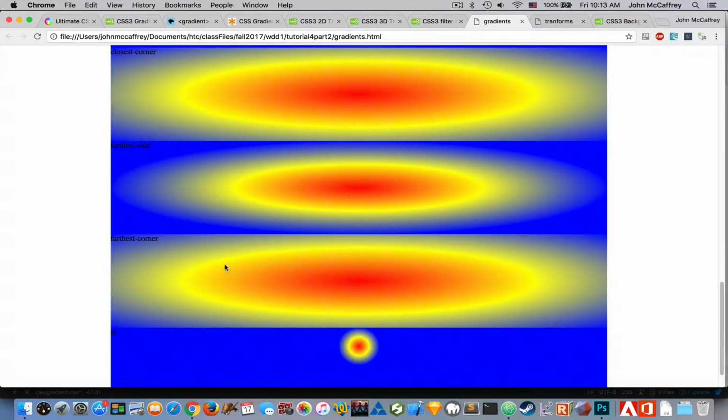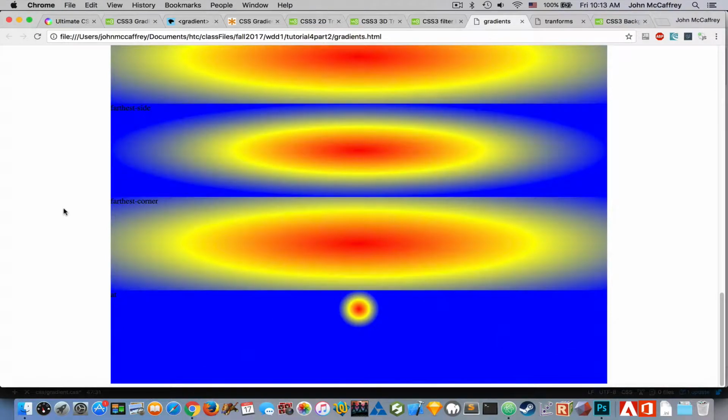If we say it stretches until the gradient goes and hits the farthest corner, well, the farthest and closest corner are going to be pretty close to the same in this regard because our box is indeed the same size. Now,